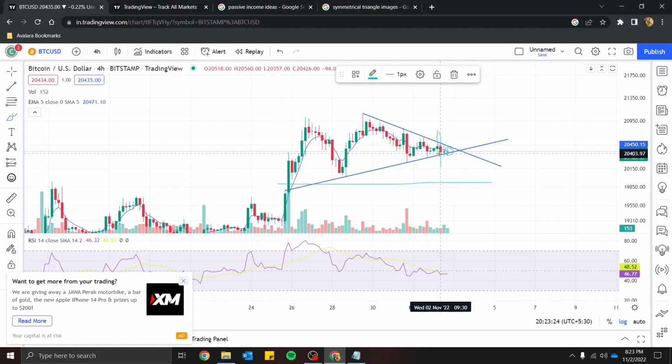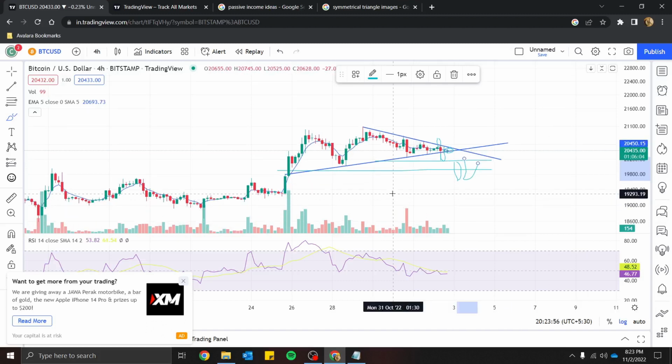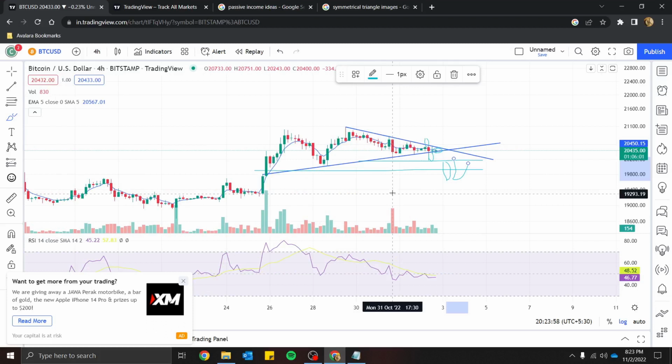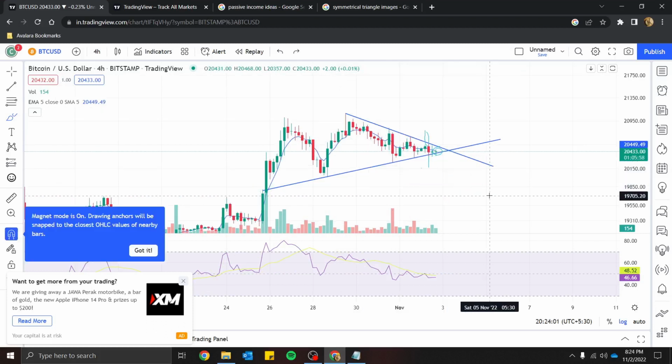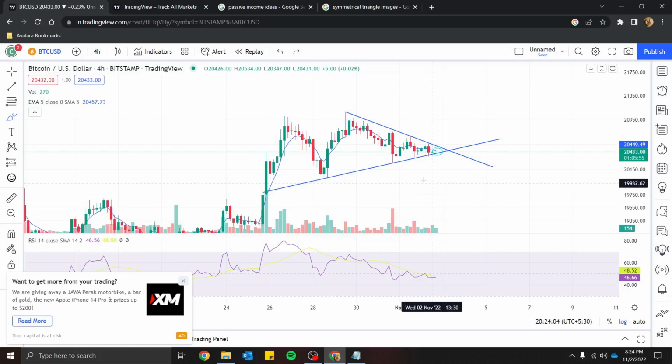So as and when the candle closes below this level, let us assume their stop loss was here. As and when the price reaches this level, we will notice that the buyers who entered here will become sellers because their stop loss will get hit, and all the buyers will get converted into sellers. As fresh sellers have already entered the trade, we will see great price momentum in the downward direction from this point. Then we will look at whatever the next support level is. So this is the short and crisp logic behind the symmetrical triangle pattern.